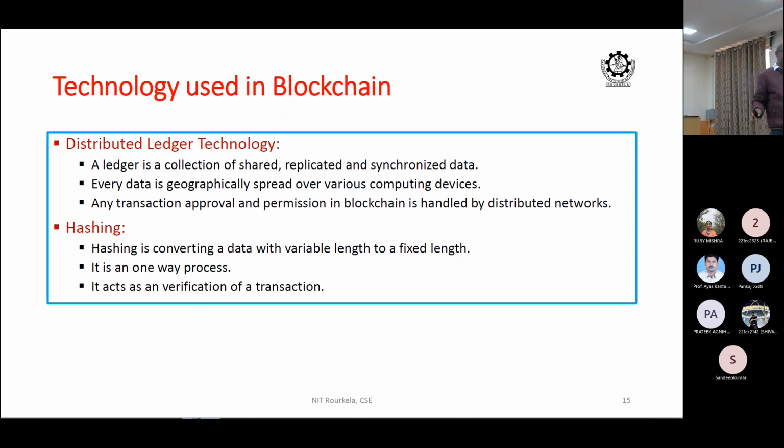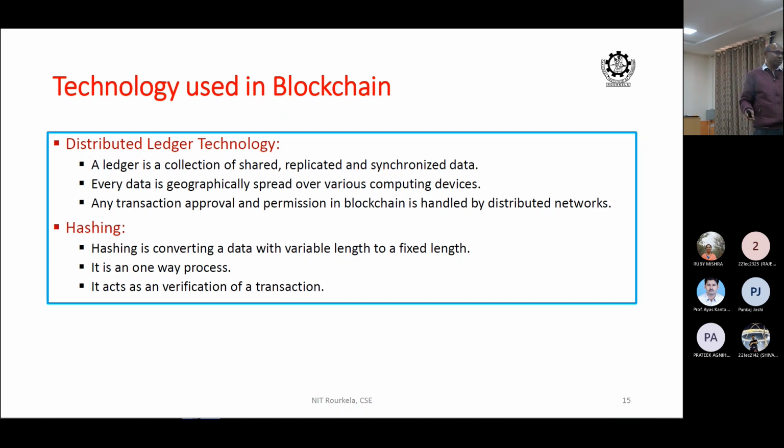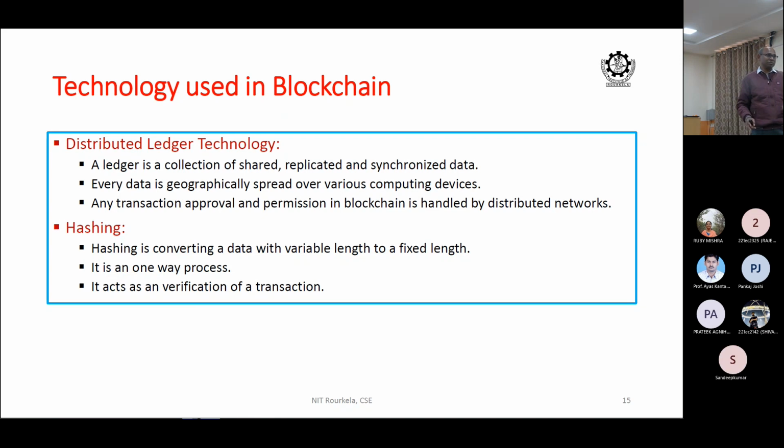So the privacy is lost here. Now, the moment you are using the blockchain and you say security, you have to keep in mind: where is the privacy? Blockchain doesn't provide privacy, so you have to find a mechanism to provide it. We look at how the privacy is here. Every data is geographically spread over various computing devices. It's completely broadcast to the peers, so everyone has the same data, and everyone is actually seeing the same data.